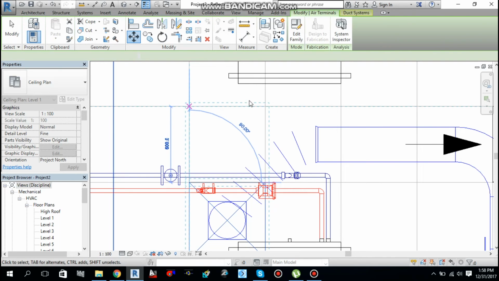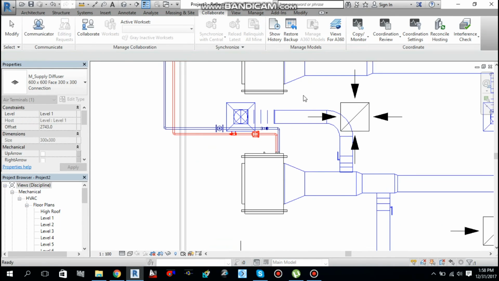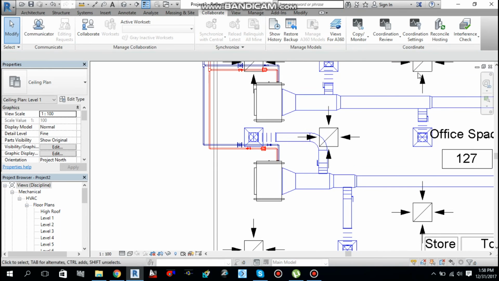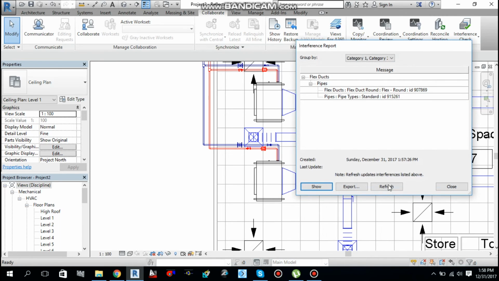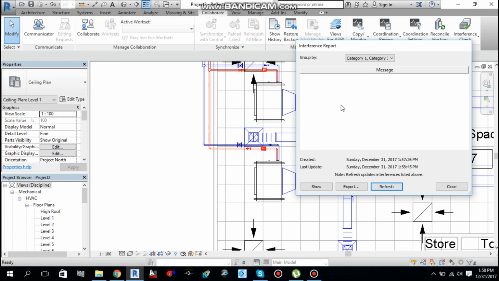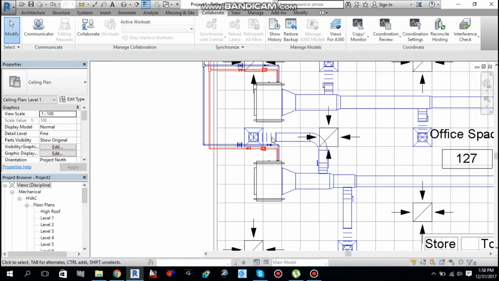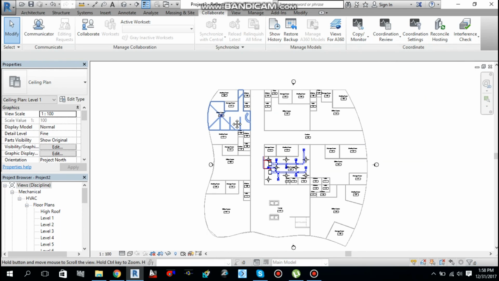Okay, now press escape. Once again I will run the interference check and you will see this time no interference. Now you have a show last report message also here. If you select this one and just refresh it, and see, your interference is fixed now. So this is how you can fix your interference inside your project.